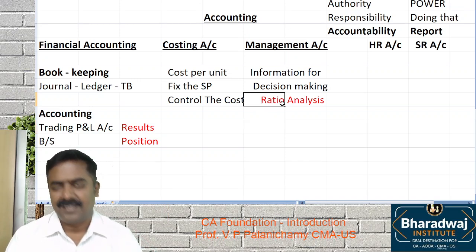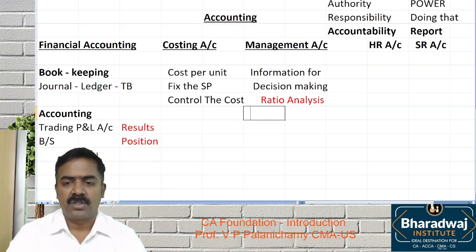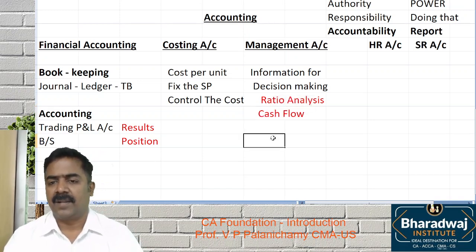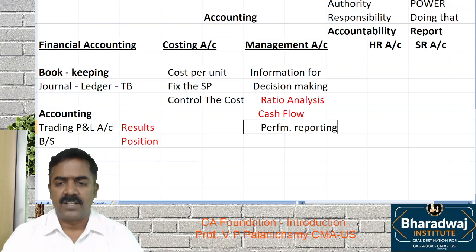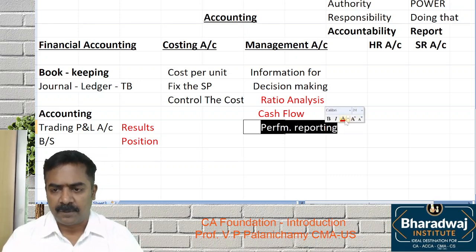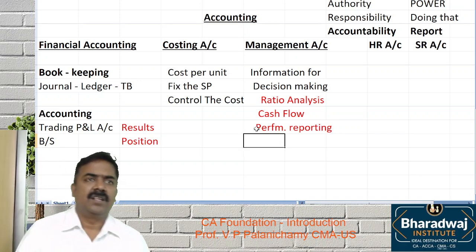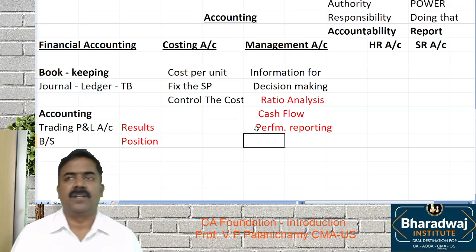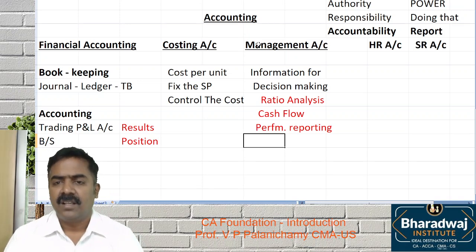Okay. So, like that, there is one ratio that I explained. Like that, there are so many ratios which they work out. They also work out the cash flow statement: where the money is collected, where the money is applied. You also do something called performance reporting. What is performance reporting? Reporting the branch performance. You have invested, you have got returns, profit or loss. You have purchased stock, you have created sales. How much sales has a salesman created, how much sales has this branch manager created, like that they provide information to the